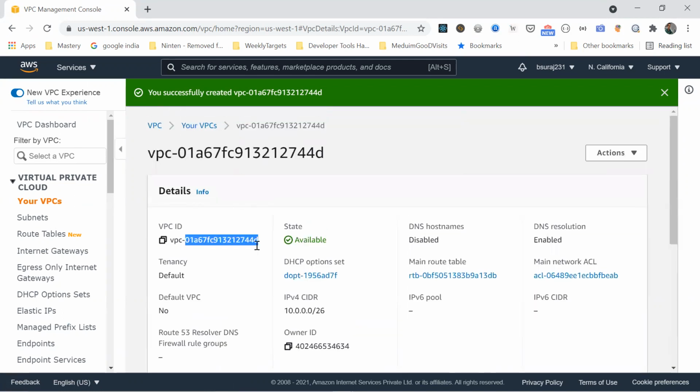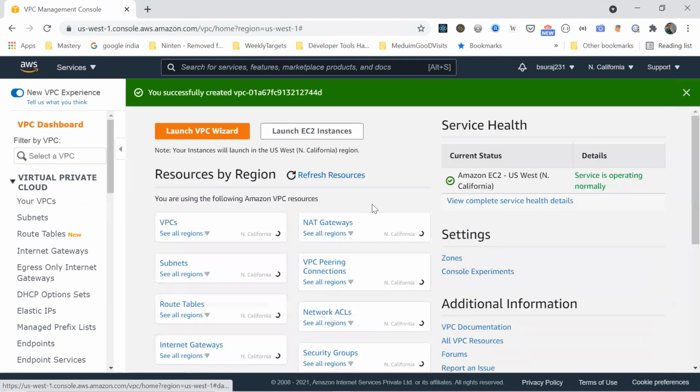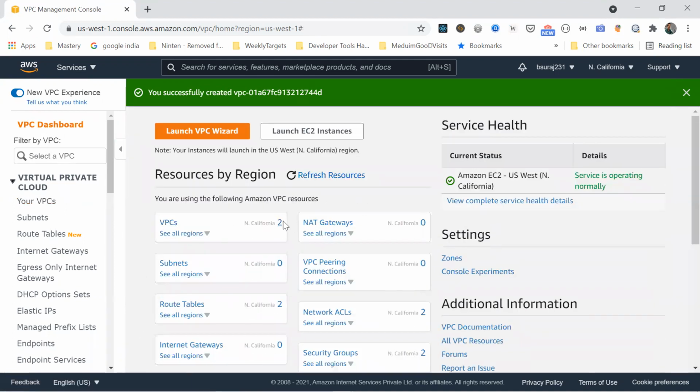So you can see there are VPCs. This is the details of the VPC, the name of it, and if you go to the dashboard, you will be able to see that there are two VPCs. By default, if you create one VPC, you will get one main route table. Once we are inside the topic of the route table, I'll explain what it is. But remember that once you create a VPC, by default, one route table you will get.